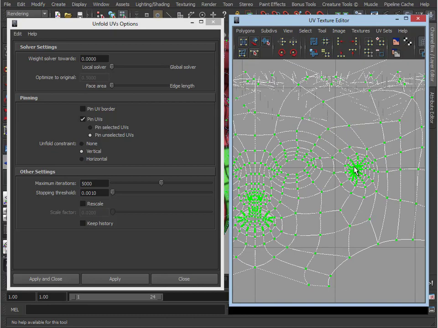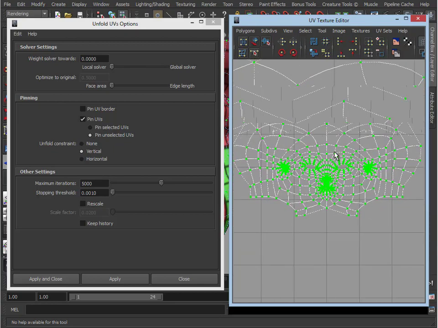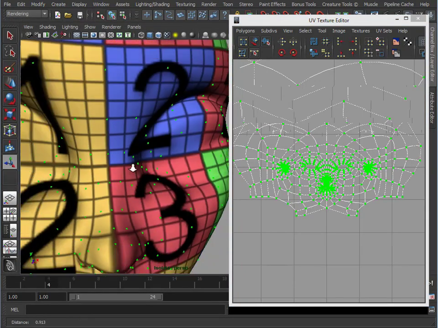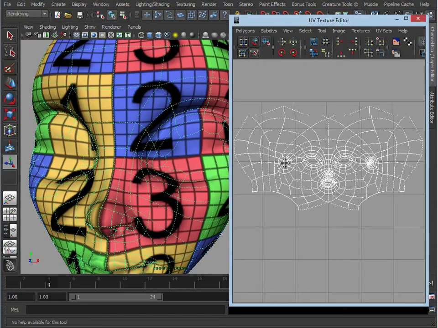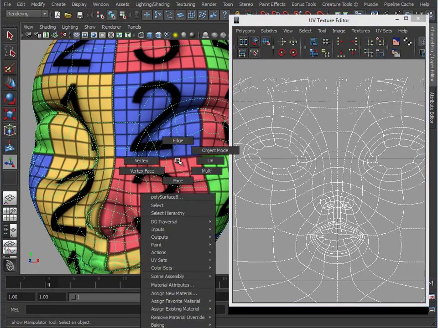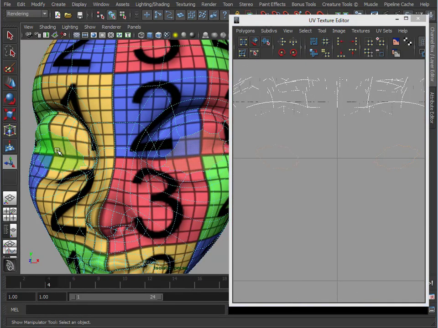Again, if you wanted to, you could go in and make the ears a little larger because you maybe want a bit more texture detail in the ears, but now you have this basic UV layout here, you can go in and tweak those areas and they're a lot more manageable. And if we look at the UVs on the face here, it's a much nicer UV layout. What you may also want to do is if we delete these temporary holes now,